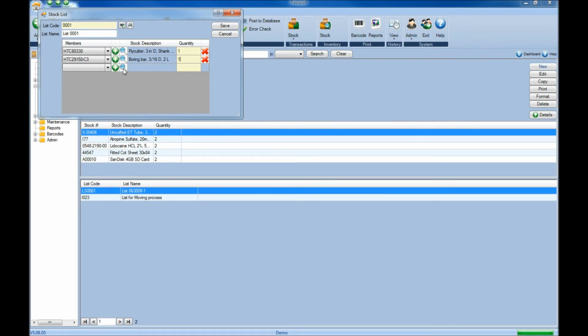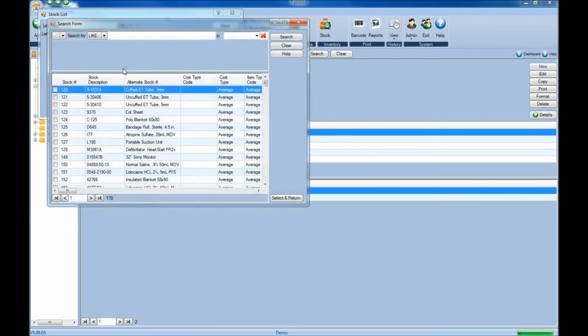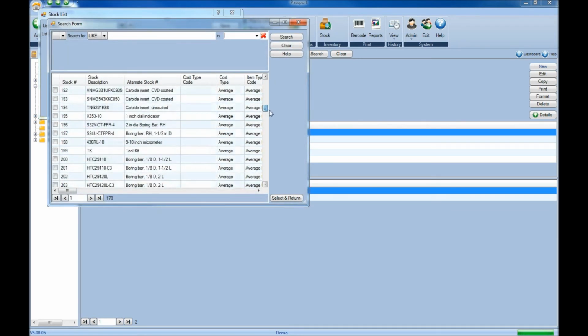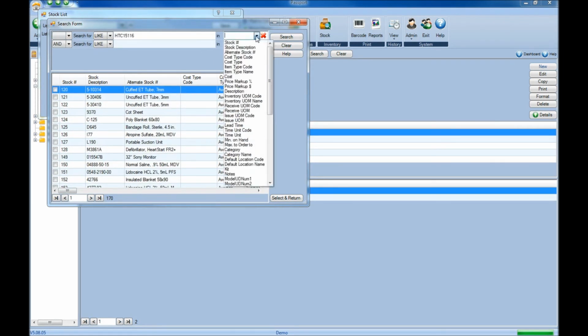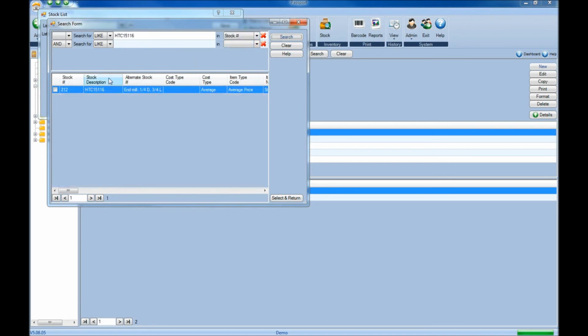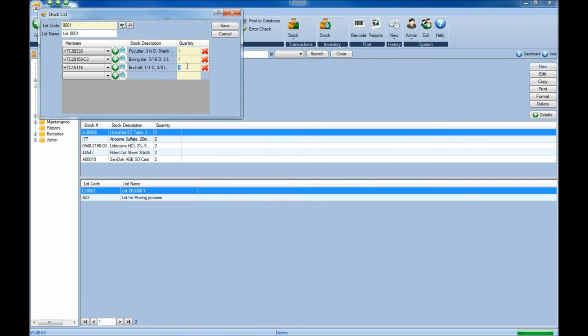Finally, you can also click the magnifying glass, and that will allow you to search through the inventory by either, again, scrolling through the list, or you can specify an inventory number and do a search for that item. Once you find it, select the checkbox, and then click the Select and Return button. And again, once you've selected the item, you'll need to specify the quantities that you're going to add to this